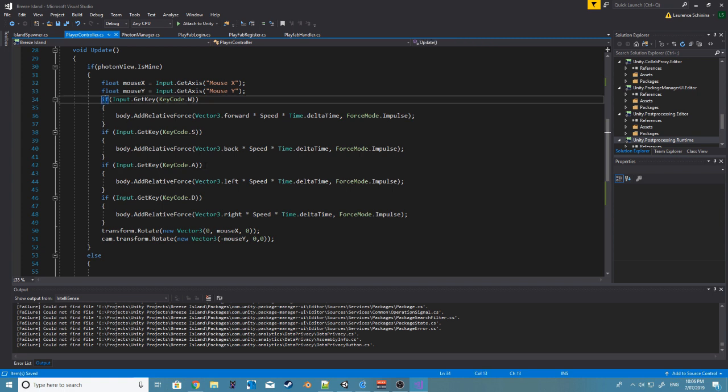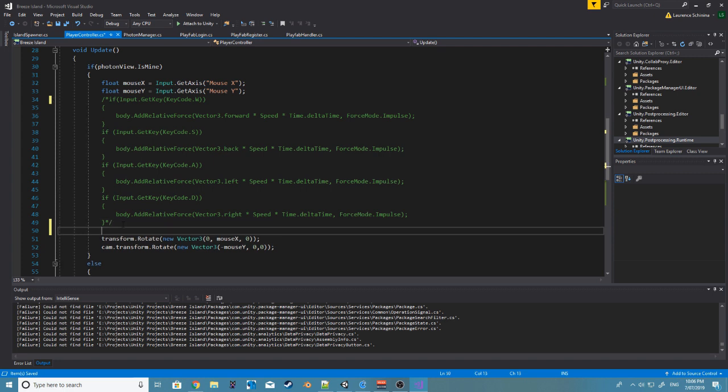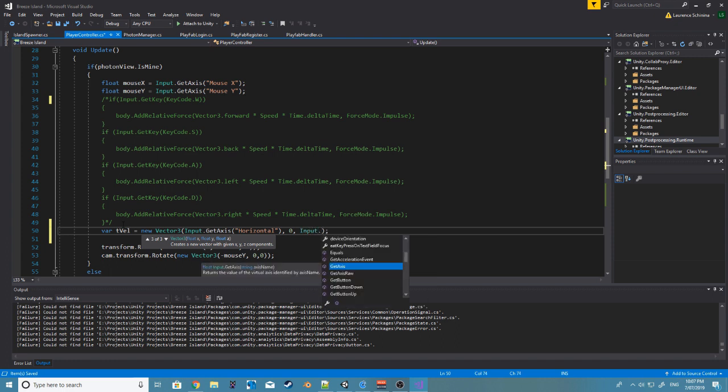Alright, so what I'm going to do is comment out this area here, so we can come back to it if need be. The first thing I'm going to do is create a new variable, and I'm going to call this tVal for target velocity, and we will equal that to a new Vector3. This is going to be our Input.GetAxis, and we want to get our horizontal for our first one, and for our y we're actually going to set it to 0, and then for our z we want